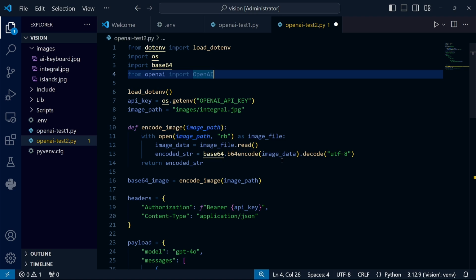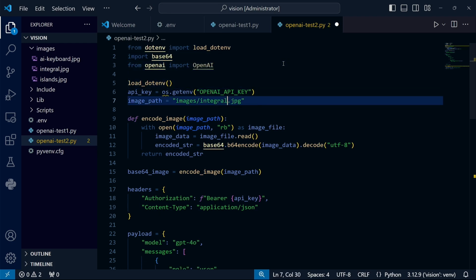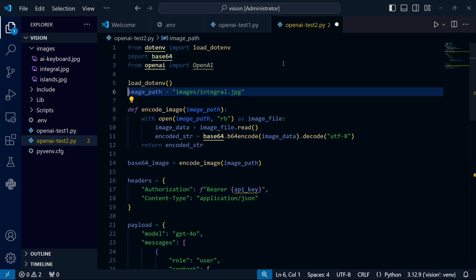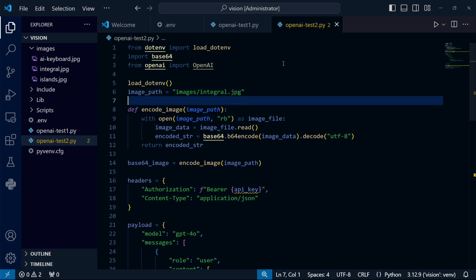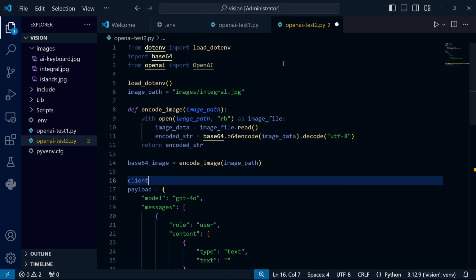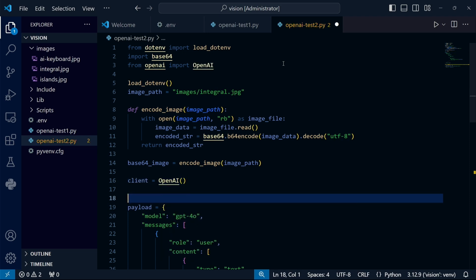Let's see what else we can simplify with this. I think we can safely remove the import of the OS module, since we don't need to manually fetch the API key. Authentication is handled by the OpenAI library, and it will retrieve it from the environment variables itself. The image encoding function remains as it is, but I can safely remove the reference to headers. But I need to additionally define the OpenAI client. Then I need to create a chat completion based on this.